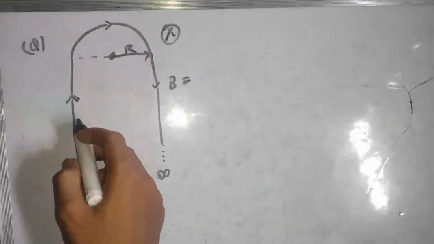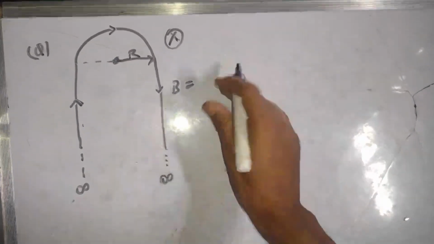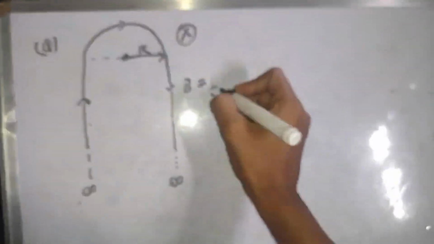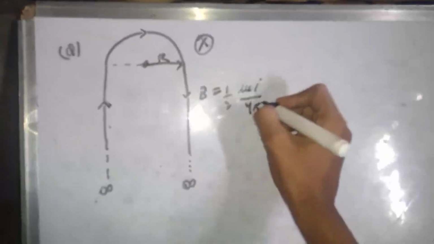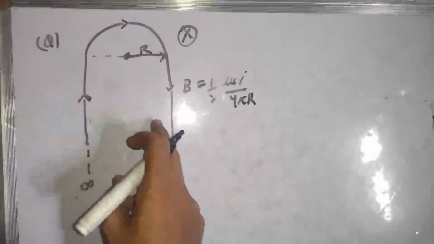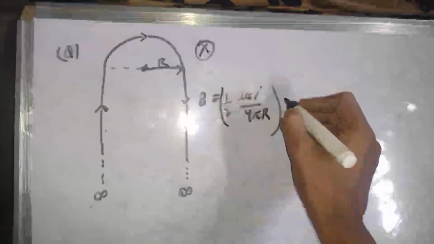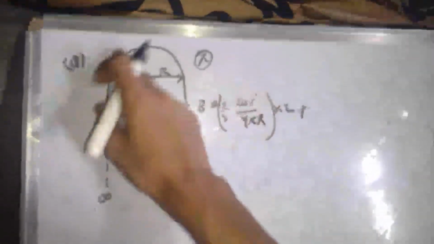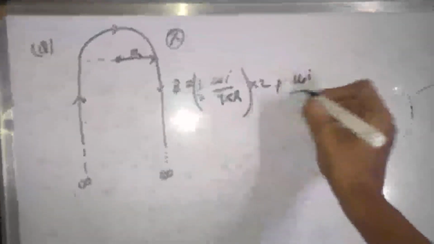Interestingly, the magnetic field because of this segment and this segment will be same, and because they are semi-infinite wires, the magnetic field of a semi-infinite wire will be half the magnetic field of an infinite wire, and the magnetic field of an infinite wire is mu naught I upon 4 pi r, okay. So the magnetic field of this segment is 1 by 2 of this, and because there are two such segments, we will multiply it by 2, plus we have to find the magnetic field because of this semicircular arc, that is mu naught I upon,